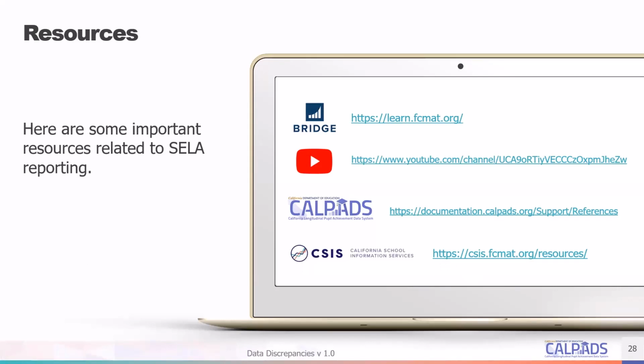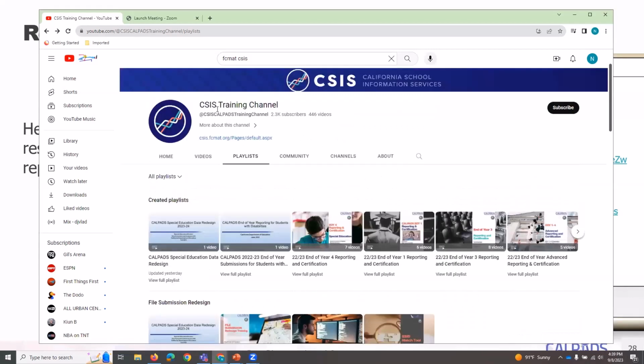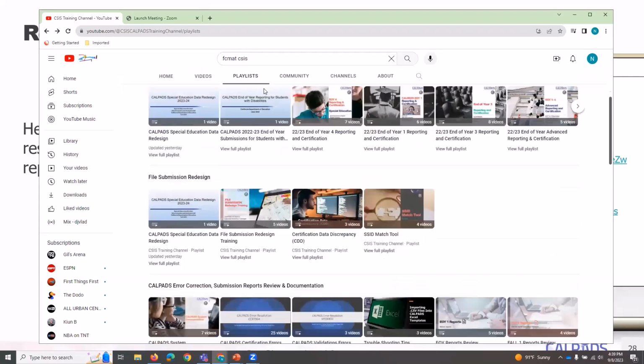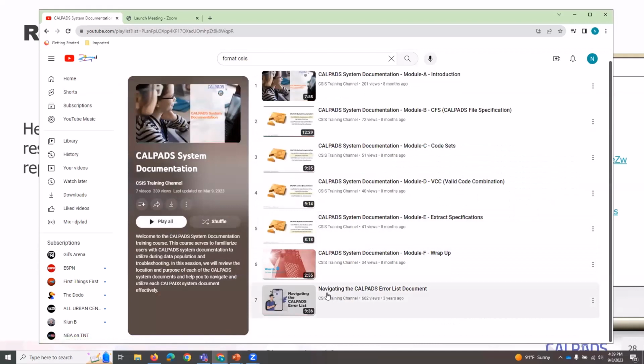But I do want to bring this to your attention. The focus of this training was to familiarize you all with the data discrepancy user interface. If you're new to CALPADS, understanding how to use the system is one thing, but understanding how to resolve errors is completely different. So I just wanted to make sure we all understood that on the FigMat CSIS YouTube training channel, under playlists, you can go to CALPADS error correction, submission reports, review documentation, right? And if you're unfamiliar with CALPADS and you want to know how to use the error list, you have a